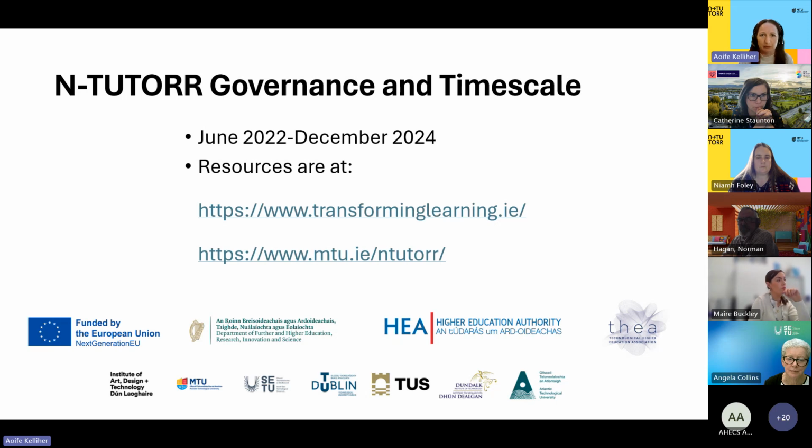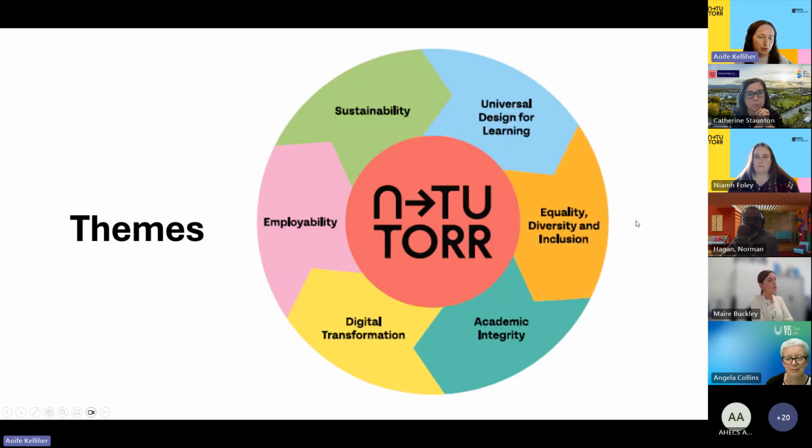So that's the timescale that it has been operating on, and there are further resources if you want to look to see what the projects or initiatives are that have been running. There's certainly an opportunity to do that from the website that's available there. Just to let you know as well, we'll be sharing these slides after, so just for clicking on and for taking notes, we'll share that information after. So just make whatever notes you think will be important for yourself to reference back.